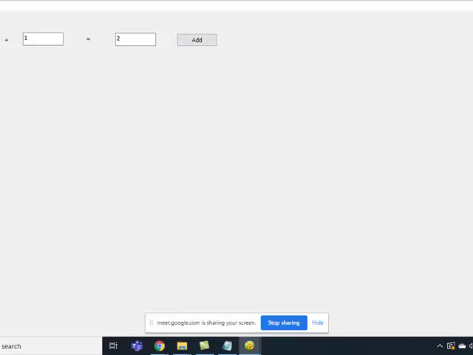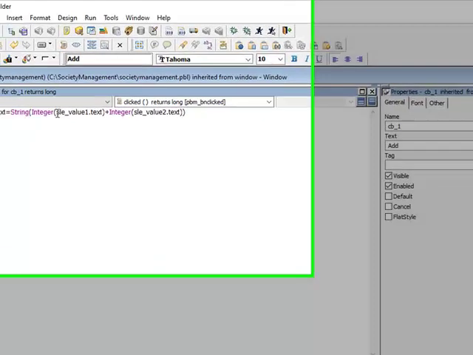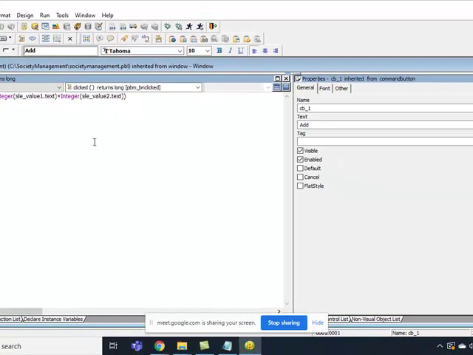Right. So simple, right? What I have done is I have picked up the value of this one and then the value of this one, right? And then I'm converting into integer value, and then I am saving this, and after that I'm converting again back to the string one and then storing in this SLE, single line edit control. Yeah, so you are able to see that,